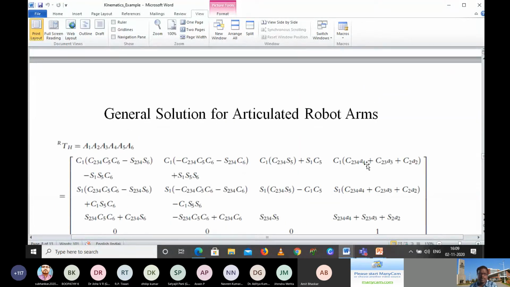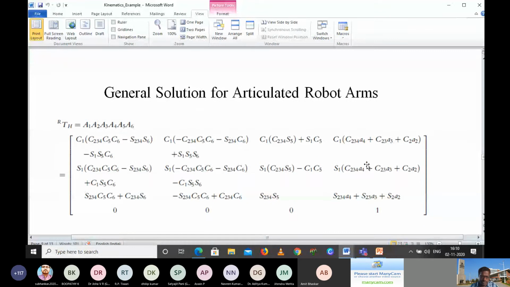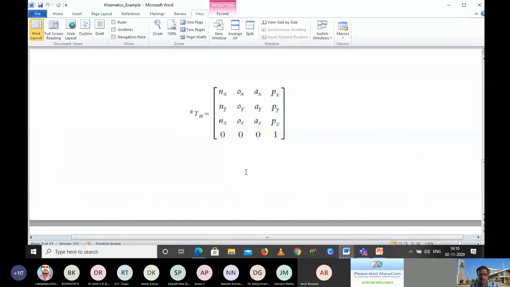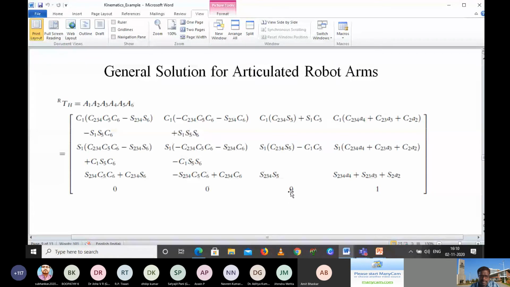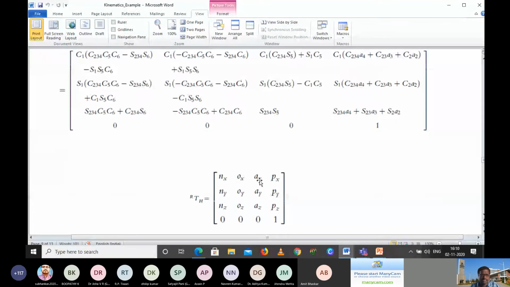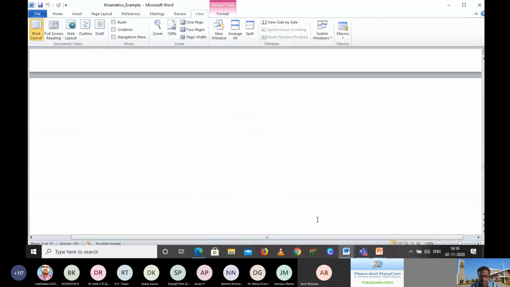So based on that, I am now giving you 6 degrees of freedom, how to calculate. Same thing, you calculated the total transformation matrix, the entire thing. After that, as I told you, you have to relate it to the final rotation and translation matrix. This is the final form, and you have to equate this matrix with this matrix. How to calculate in the second method? Bring the A6 this side, that is, you have to multiply it with the inverse.